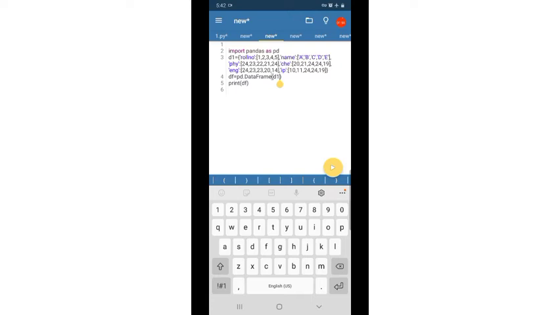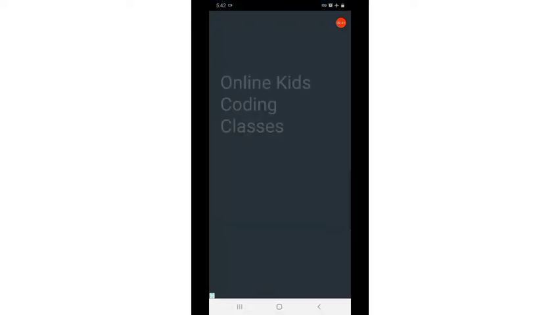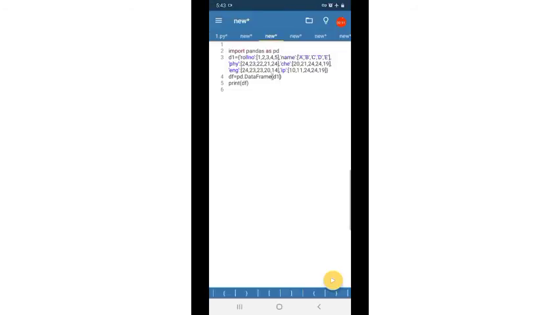Now we have created the data frame. Let us print the data frame and see. So our data frame has roll number, name, then the marks in different subjects. Another column age also is needed.